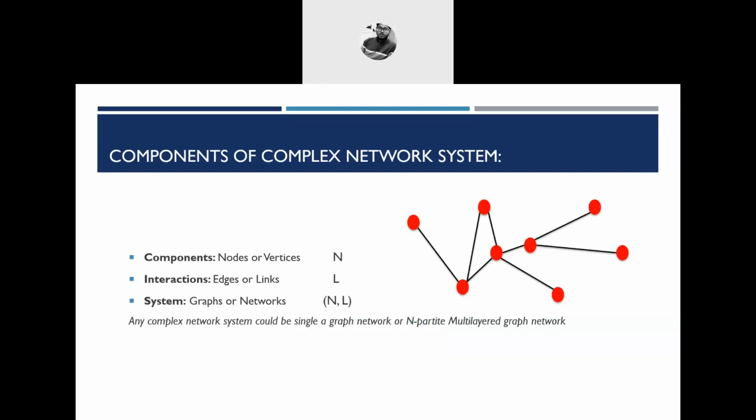What kind of network is it? Graph and network are two separate terms, but roughly speaking, mathematically they are the same, with a slight difference. A network is a graph, but a vast graph, a semi-infinite graph. It's not completely infinite; it might or might not be infinite, but it is a network when multiple graphs are connected. Another is a basic graph. So these are the three components we need to define any rough complex network system.